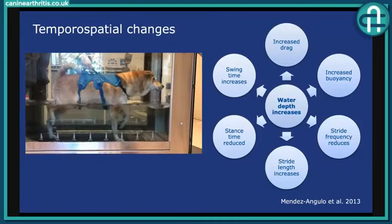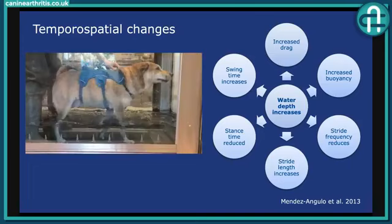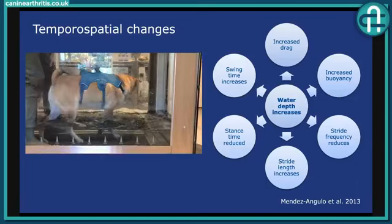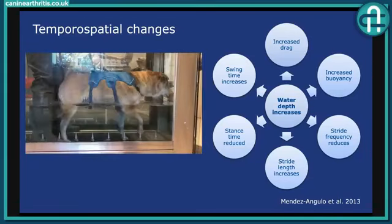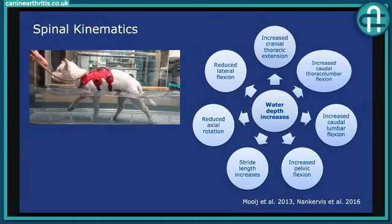Stride length increases, the stance time reduces, so the limb isn't on the floor for as long, so again that has implications for our osteoarthritis patients if we're trying to minimize the forces through those joints. And then the swing time increases, and then there are also changes that can occur within